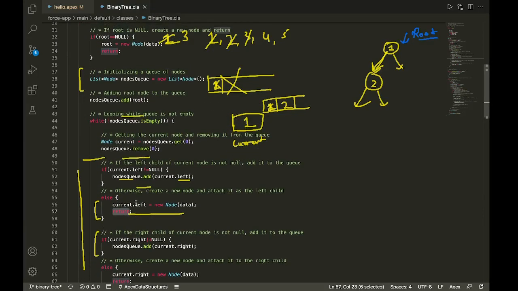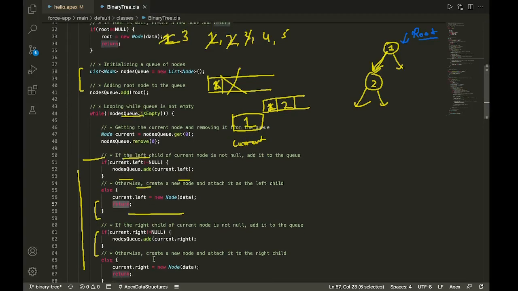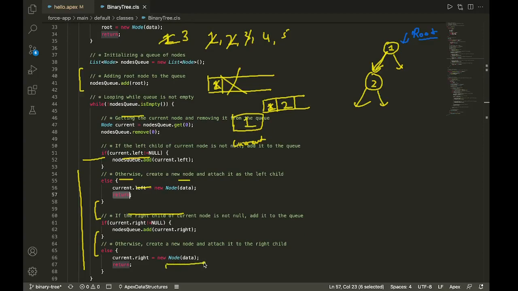And if you see here, the next condition is about the right child. So if the right child of the current node, which is 1, is not equal to null, this is false. So I'm going to move on to the else condition, and my else condition says that create a new node with the value as data. Here my data is 3, and I'm going to mark it as the right child of my current node, which is nothing but 1. So 3 is added as the right child of the current node. Okay, and this should always have the left and the right child as null.